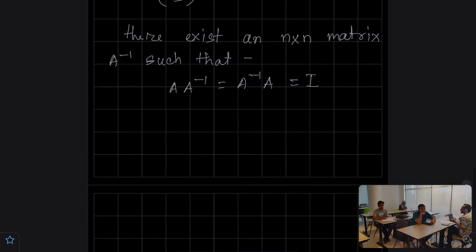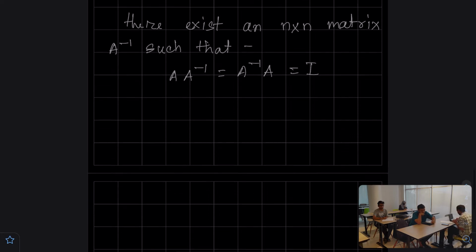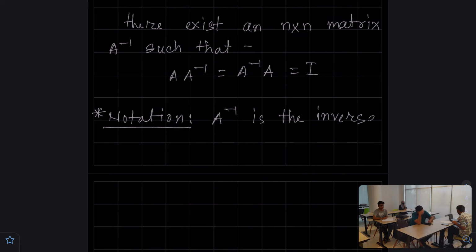When I'm saying the inverse of a matrix, there is a notation. When the both-sided inverse exists, we say that A inverse is the inverse of the matrix A. We will use this notation from now on: if A has a both-sided inverse, then the inverse is A inverse. Okay,